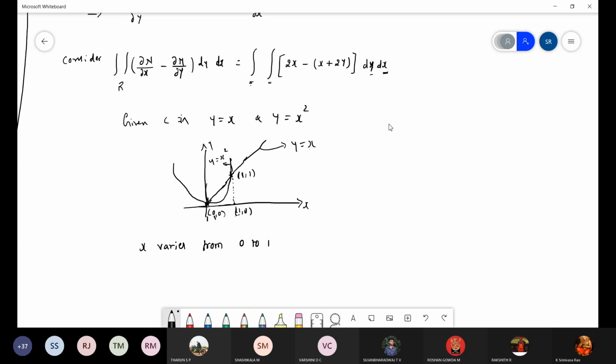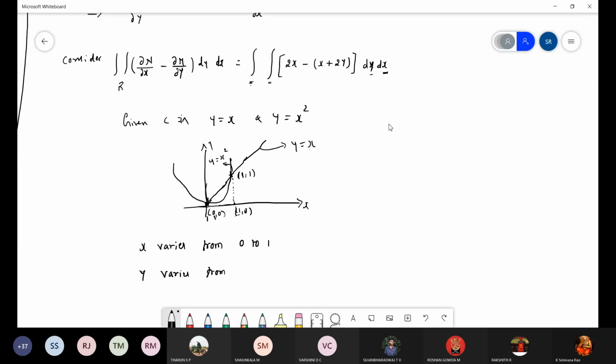Okay, now I want to write y. Y varies from... Okay, y is not constant now. Again, you can say according to x, how we calculated 0 to 1, same way y also varies from 0 to 1? No, not like that. One should be constant, another should be variable.